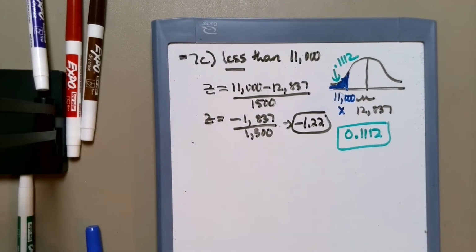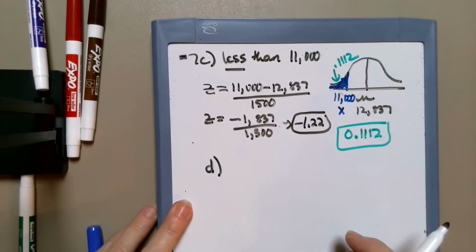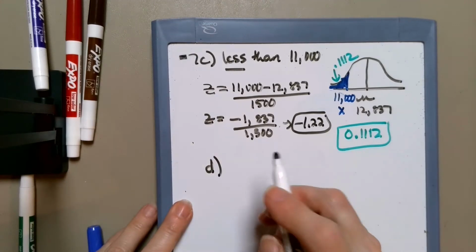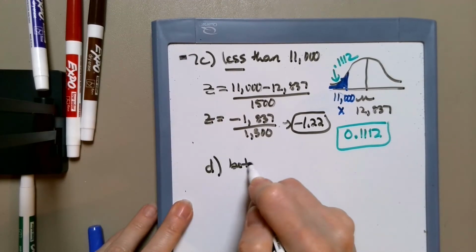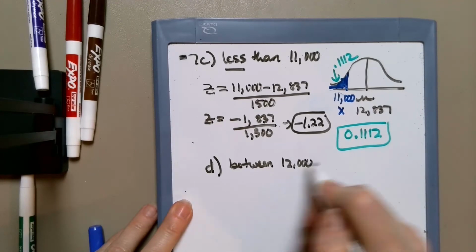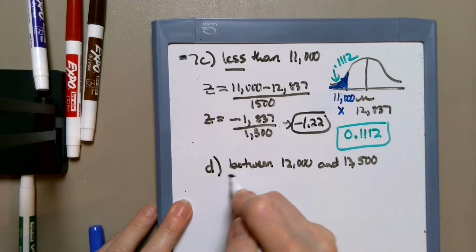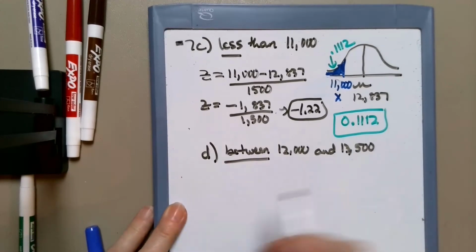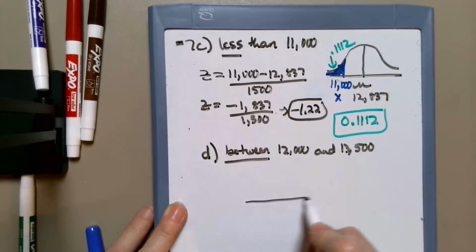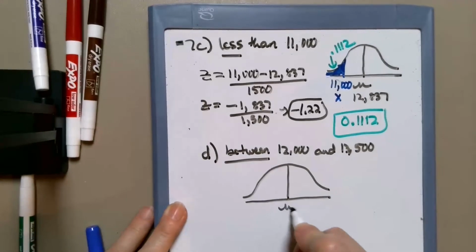All right, and then 7D wants the probability that a student will make between 12,000 and 13,500. So the "between" tells us where to shade when we draw the picture. We need more space on this one, so I'll put it here. So in the middle is our mean of